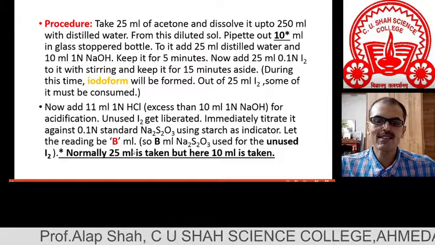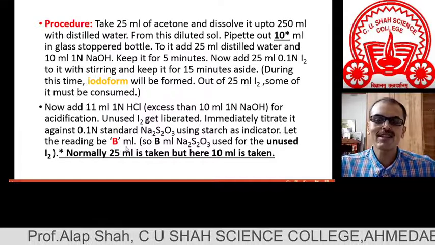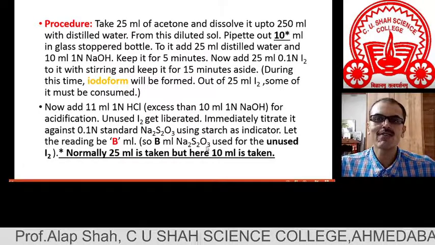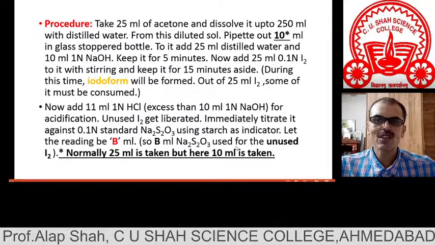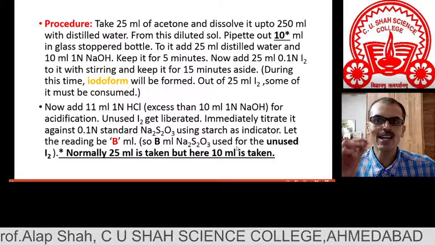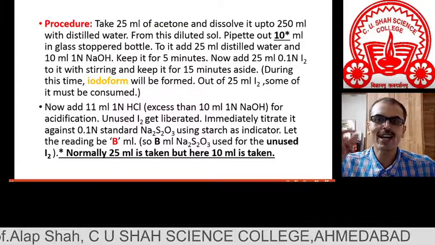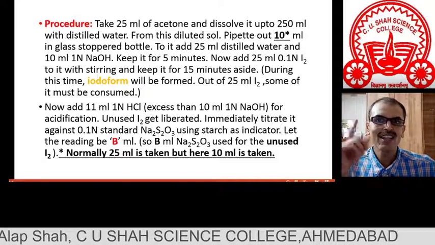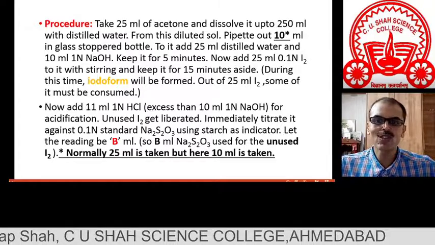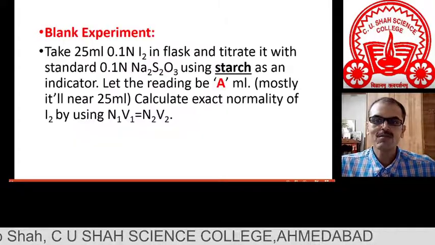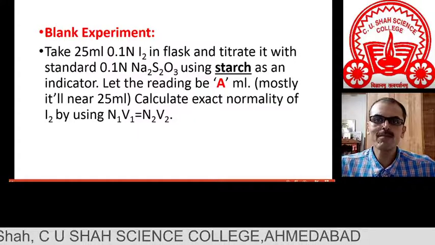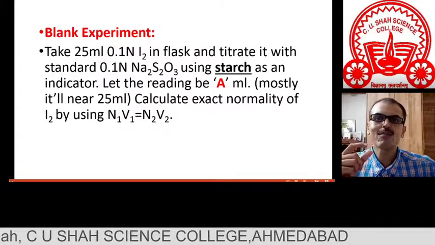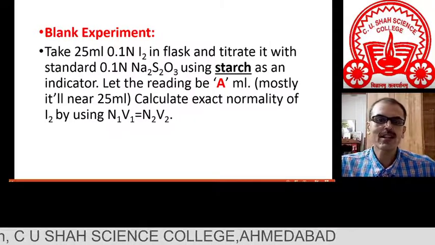Suppose the reading is B ml. So we can say that B ml of sodium thiosulfate is used for the unused I2 from the 25 ml I2 added to 10 ml of diluted ketone solution. Now, meanwhile, during the 15 minute break where the iodoform reaction takes place, we can